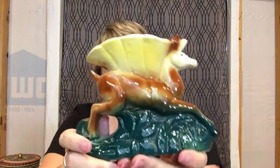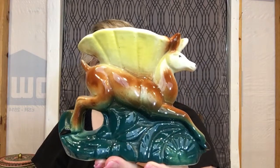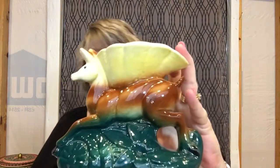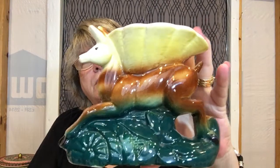and I picked this little boy up. I don't know if one side's better or the other for him. Isn't he super cute, as Tammy would say? Let's see, that's a little piece of, that's not a chip, right? No, it's a little, you know, part of the ceramic that didn't get glazed properly. But